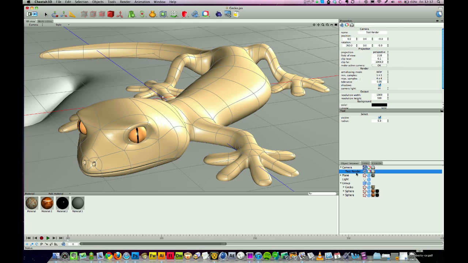So we've got our test render camera here. At the moment it's exactly the same as our other camera, it's just got a different name. What we're actually going to do is change some of these settings here under the render option. We're going to drop the min samples down from 1 times 1 to 1/4 times 1/4, and the max samples down to 1 times 1. The final thing to change is the tolerance. We're going to bump that up to